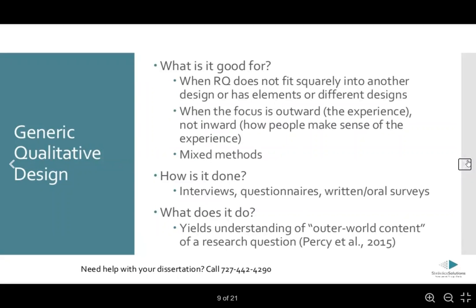Next, I'll talk about the generic qualitative design. So this is helpful if your study doesn't fit squarely within any other framework. So again, with this design, sometimes it's overlooked because it's generic. People kind of don't understand what that means, or they might assign less worth to it because it doesn't sound as fancy as phenomenology or some of these other designs that may be more written about. But this is a really good design if